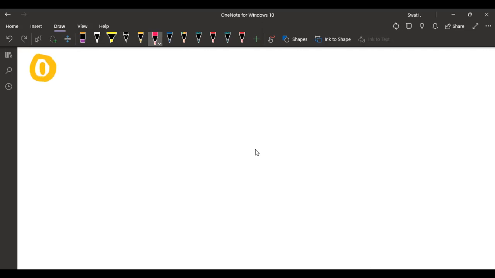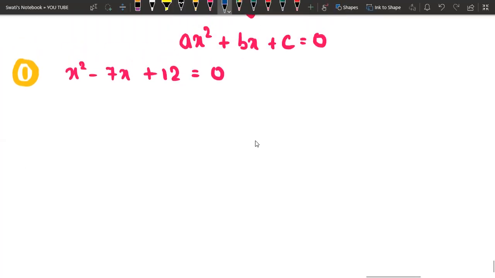And the question is x square minus 7x plus 12 equals 0. So this is the quadratic equation that we are given. We simply have to find out the value of x. Okay. So what we can do here, we will write down x square